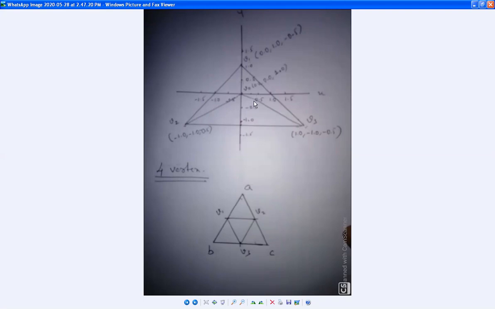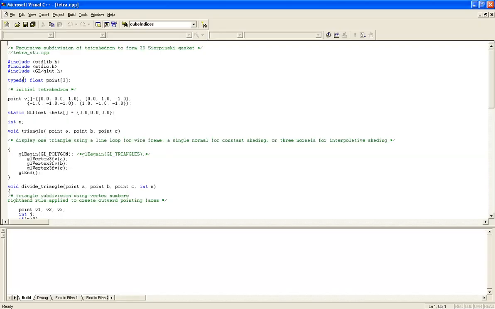So now your tetrahedron is ready, which consists of 4 vertices. That is what we have designed in the points I'm going to show you in my program. As usual, I have declared the required library functions: stdlib, the standard library; stdio.h, the standard input output functions; and the GL and GLUT graphics library and utility functions. And I am making the default point, float as point.